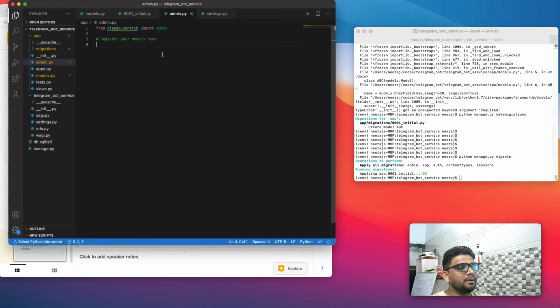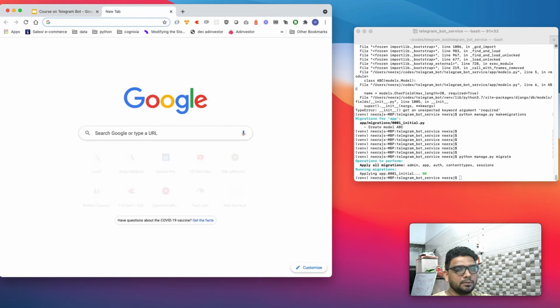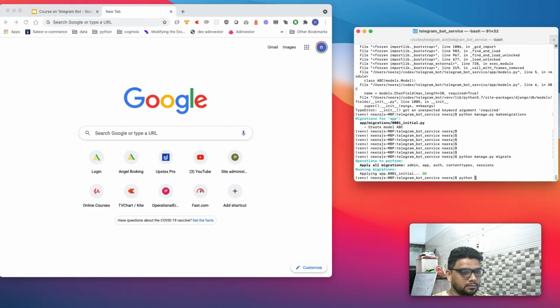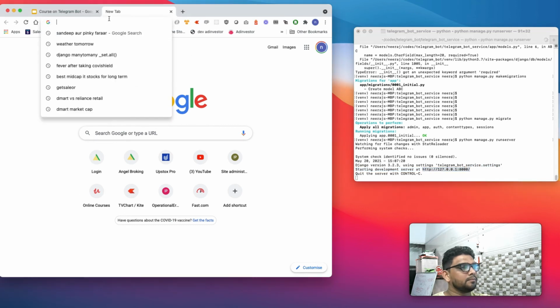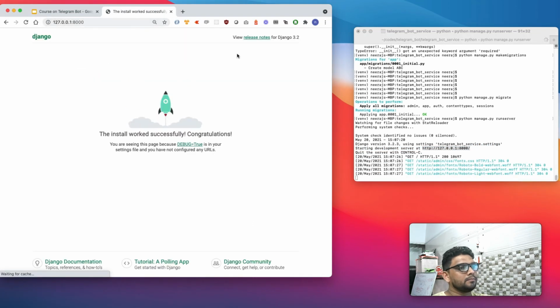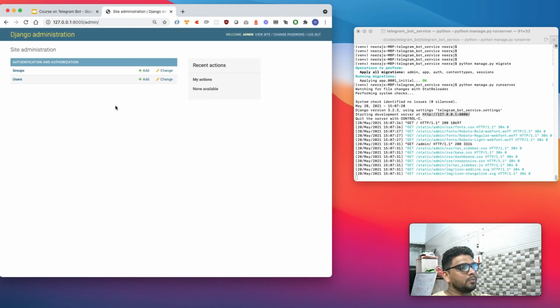After applying, let's run the server. Even though we have created the model, it is not reflecting over here. How to add any model to the admin panel? Let's see.